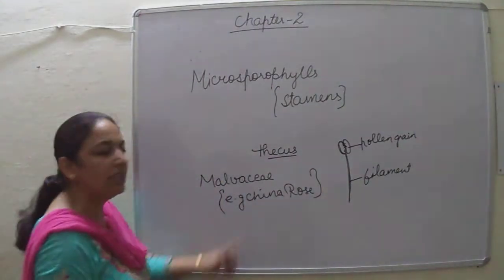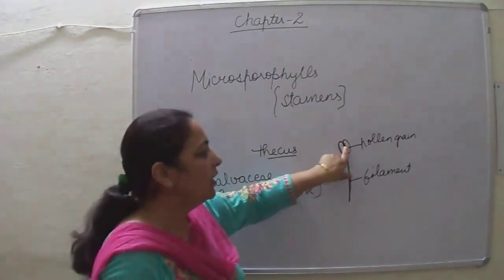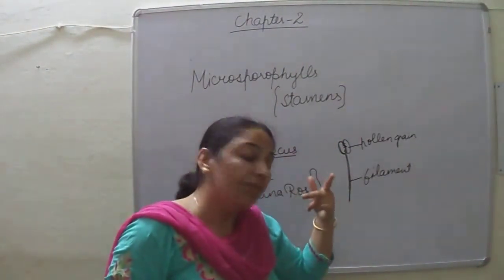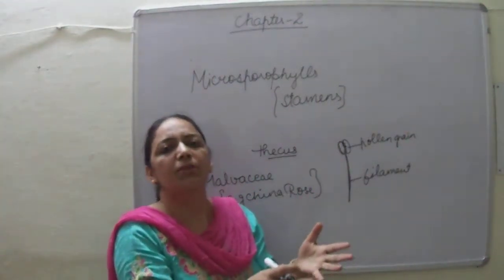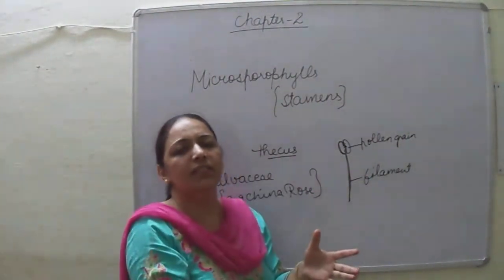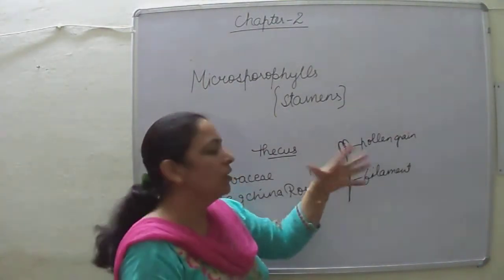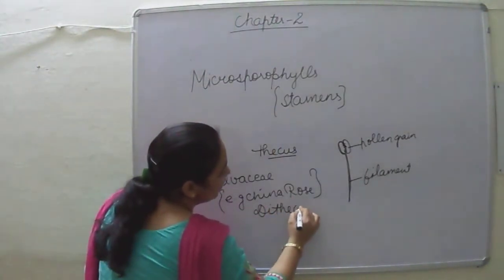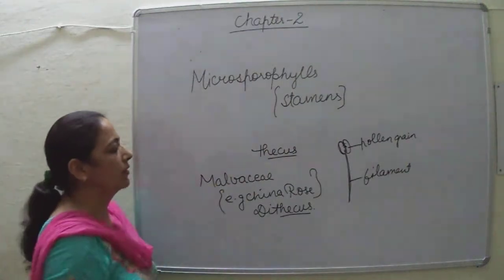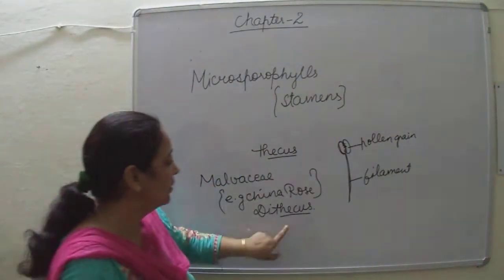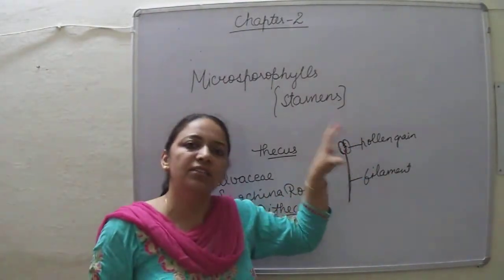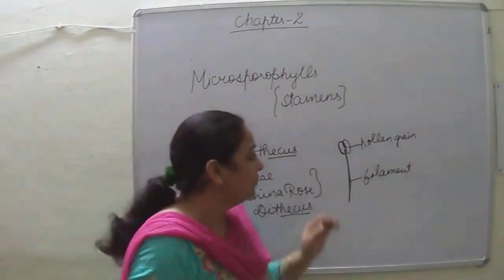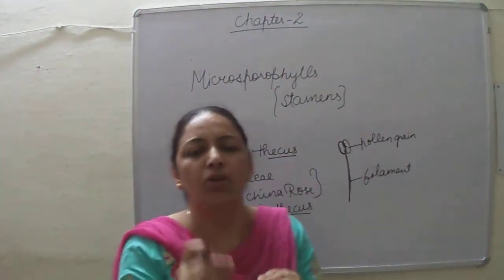what happens in this condition? There are four chambers, but during maturity, these four chambers convert into two chambers by dissolving the internal walls. The internal septa dissolve and it becomes two chambers. That condition is known as dithecous. Thecous, one chamber; dithecous, two chambers. Actually, in the starting, when the microsporogenesis starts, it is internally of four chambers with a group of small tissues that belongs to the vascular.